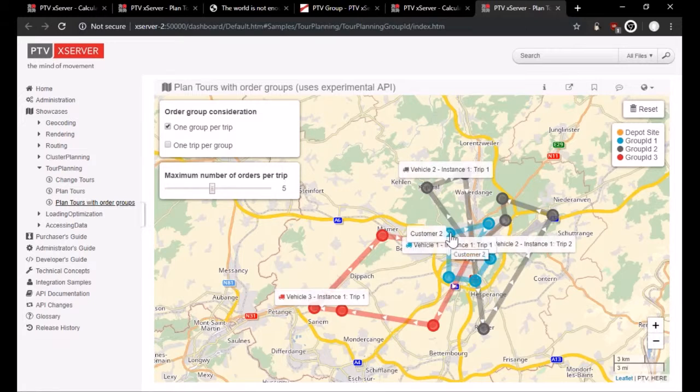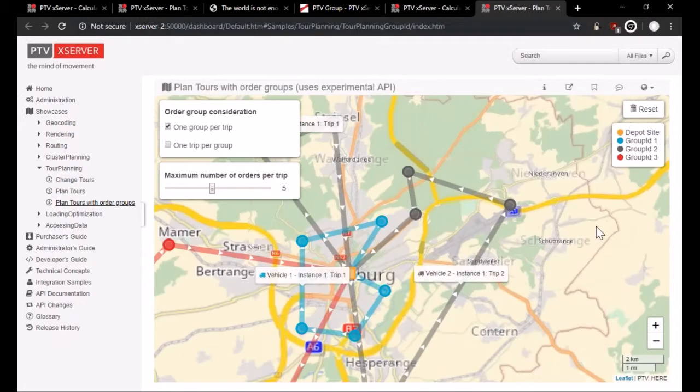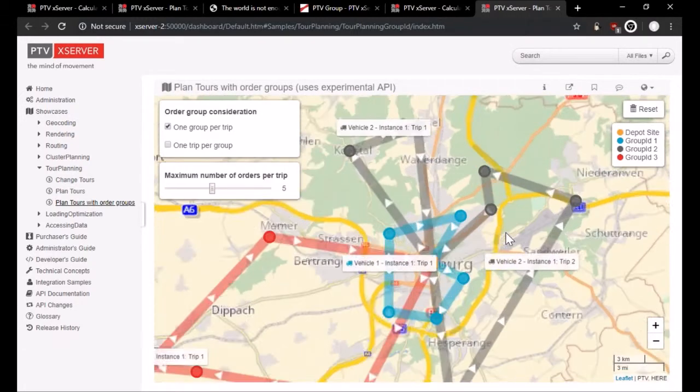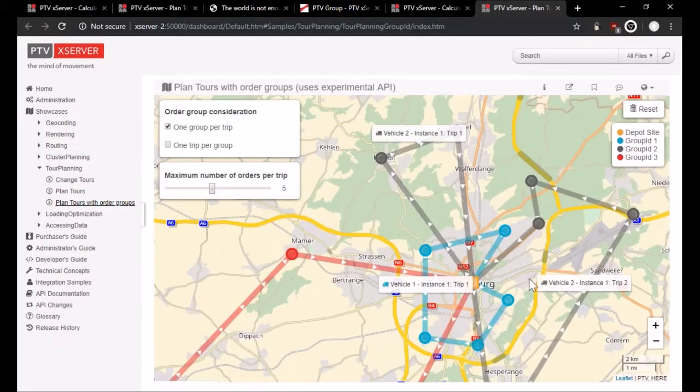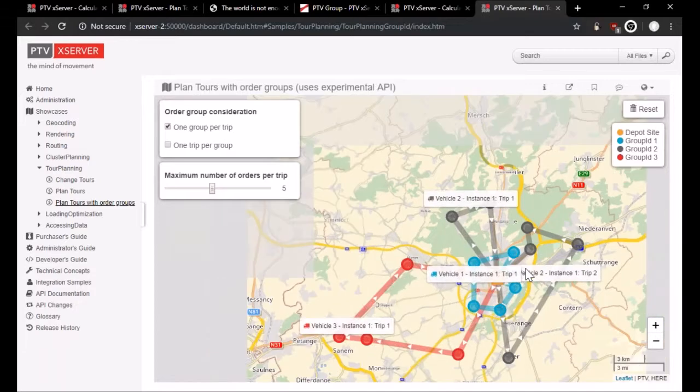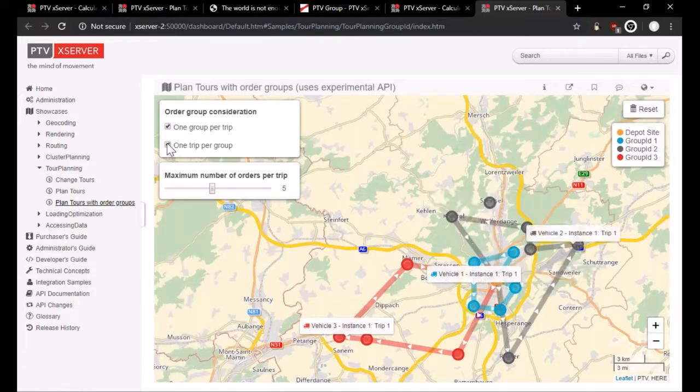You can separate them and they get calculated separately. That's the first step. And you can even say, if you set this one group per trip flag, that you only want one trip per group. You see in this example that group ID 2 results in 2 trips, and if you just want to have one trip, you can set this